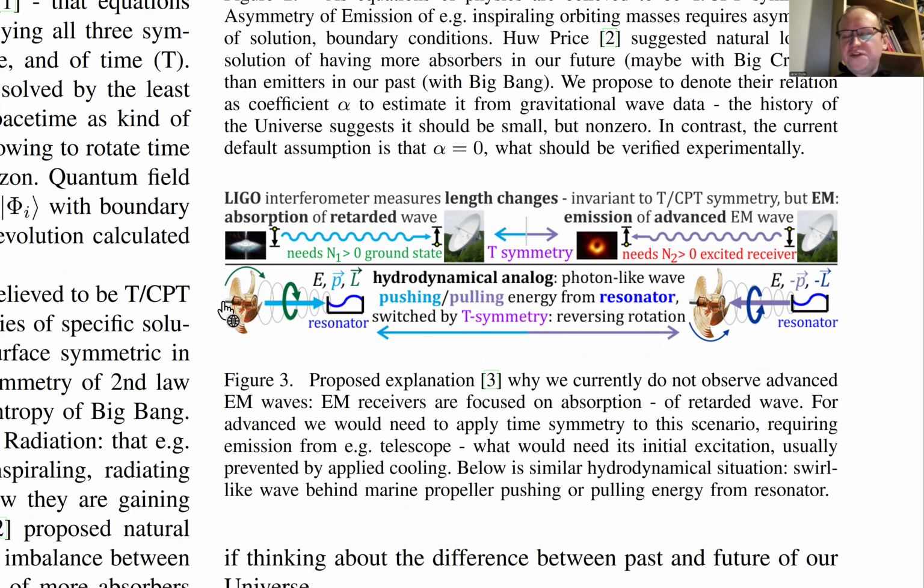Yeah, so it's relatively trivial for a marine propeller: just change the rotation direction. And now we reverse both the angular momentum and momentum. Instead of pushing, we pull. And if you hit an excited resonator, it could pull energy from the excited resonator. Yes, and it should be the same here: the black hole should also actively pull electromagnetically, with negative radiation pressure, acting with the stimulated emission equation on the target.